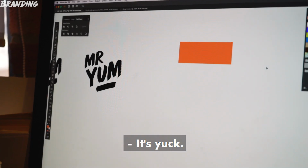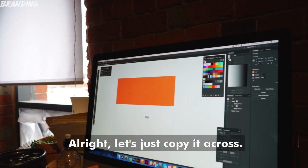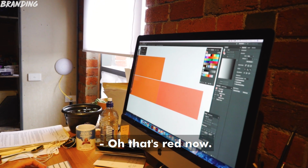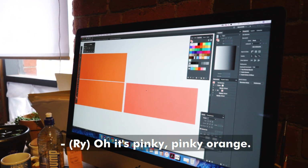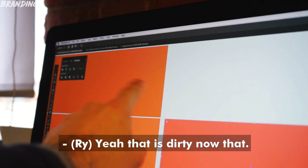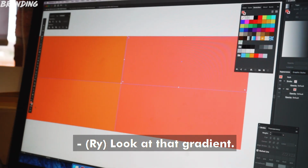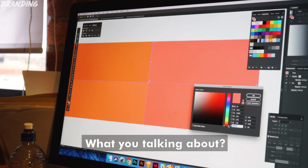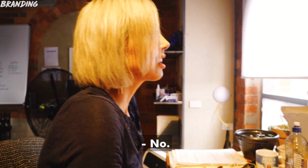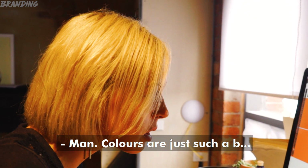What do you think of this colour? It's yuck. It looks dirty. Dirty orange. All right, let's copy it across. That's less like brown. Well, that's red now. That's not brown. Oh, it's pinky orange. Like it's a salmon. A salmon? That's a salmon. Mandarin to salmon. Yeah, that is dirty now. That's mandarin. Look at that gradient. That's not a gradient. What are you talking about? Good? No! No, it's all bad. Man, colors are just such a big...